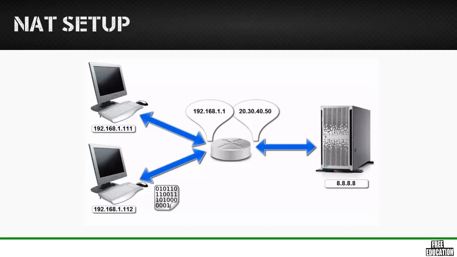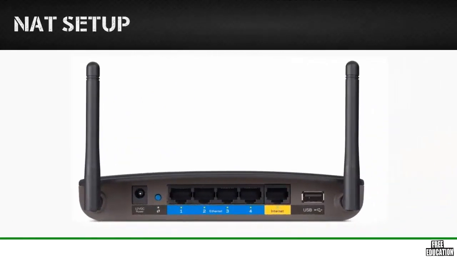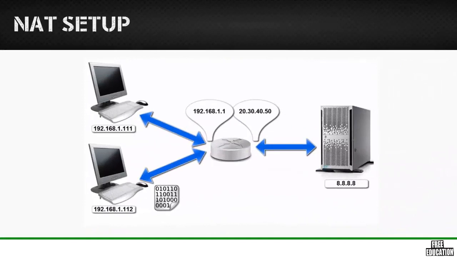The device in the middle represents your wireless router. You can see that on the left-hand side, there's an IP address of an interface of 192.168.1.1. So if you grab your wireless router right now, you're going to see that there are different ports, different places where you can plug in a network cable. If you plug in a network cable in one of these ports, you will get assigned one IP address. If you plug in the network cable in another port, you get assigned another IP address, so on and so forth. So your router would actually have an IP address of its own,